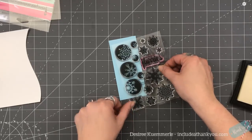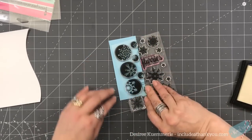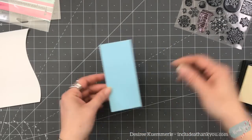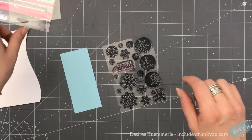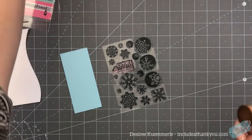And yep, I'm going in on an angle. All right, now let's see if that worked. Of course not. But the concept worked. So, what does that mean? Well, that means that we are going to use